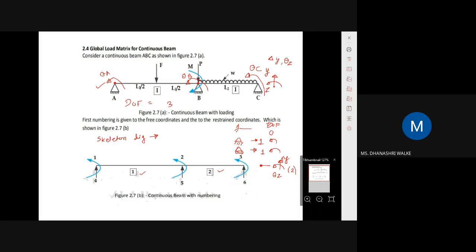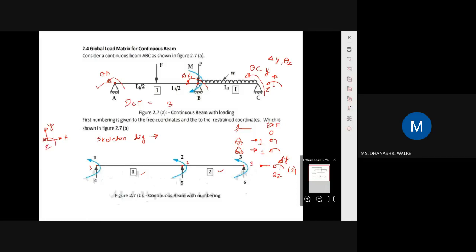Here you can show the node number also. Okay. So that will be your node 1. This will be your node 2. Okay. And this will be your node C. Okay. A is node 1, B is node 2, and C is node 3. Okay. Now, then again I told you that in case of beam, as it is a horizontal member, its local x and global x will be the same. What will be your coordinate axis? Your coordinate axis will be x, y, and z.